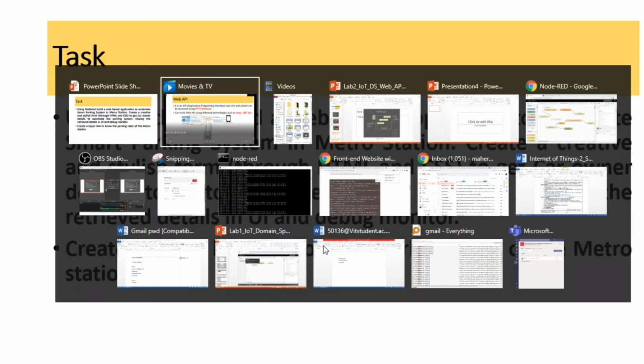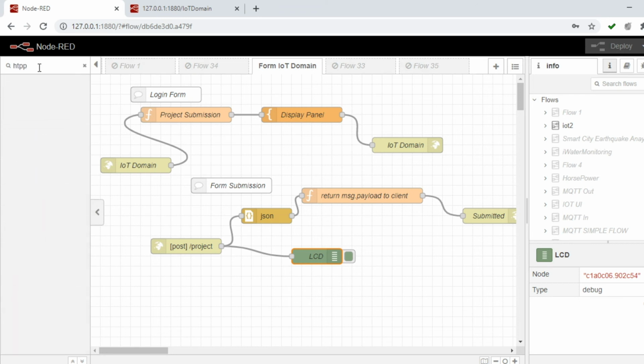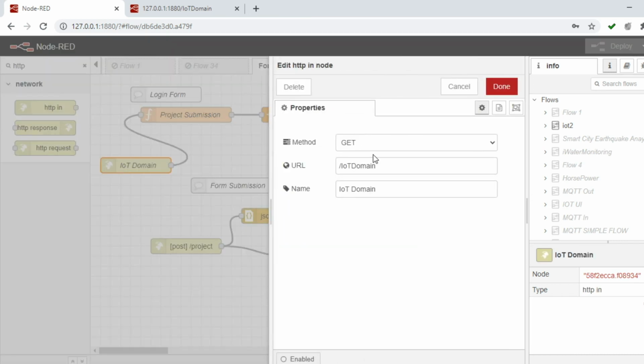So let us have a small demo of this. This is going to be my login form followed by the submission form. I'll start with the login form, where I first have to use the HTTP in node. So I'm typing HTTP, dragging it and placing it. In the HTTP in, I'm going to give the method as GET.